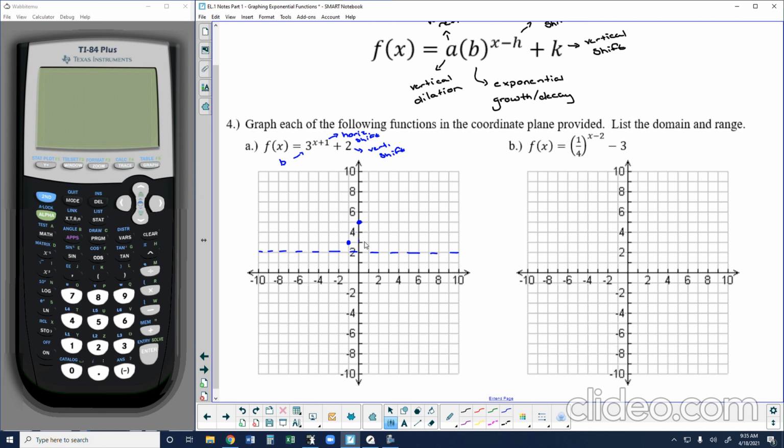So this would be 9 units above the asymptote, which goes a little bit off of our graph, but that's okay. If I move over another line, this would be 3 to the third units above the asymptote. So 27 total units above the asymptote. If I go to my origination point, this is technically 3 to the 0 power, 1 unit above the asymptote. If I go to the left 1, this would be 3 to the negative first power, or 1/3 unit above